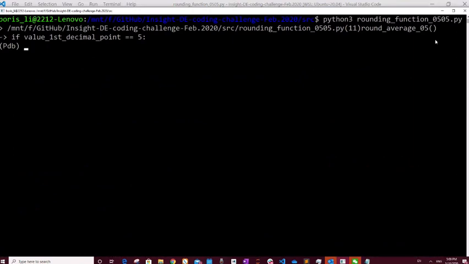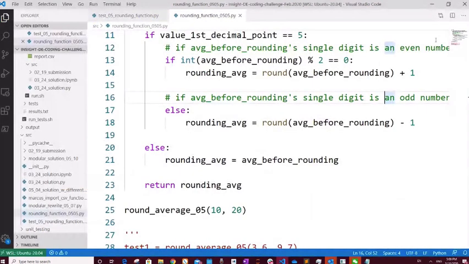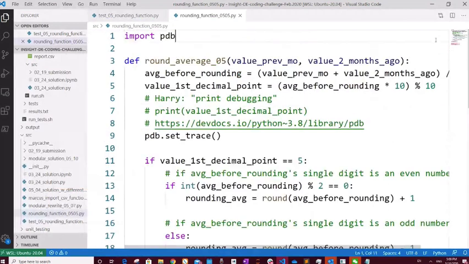Okay, so this is the debugger. This is saying PDB, and we've stopped execution on that line. If you go back to the file in VS Code and scroll to the top, the debugger is pretty much giving you a Python shell, but it is at the point in time on line